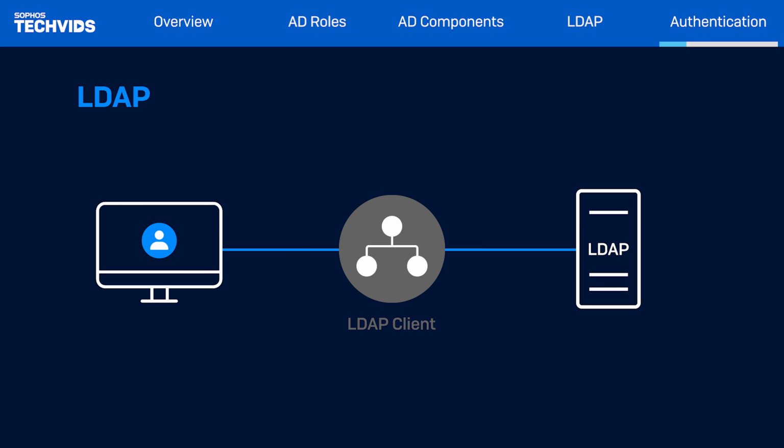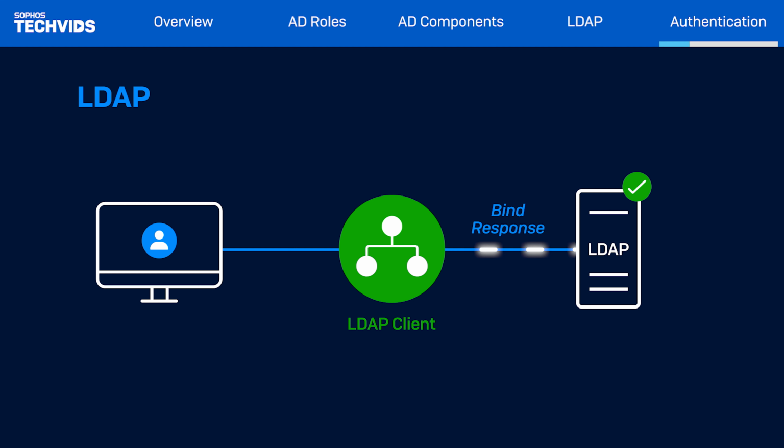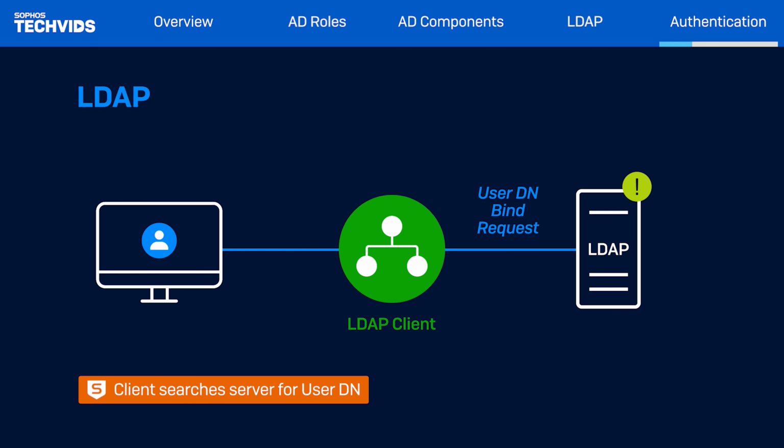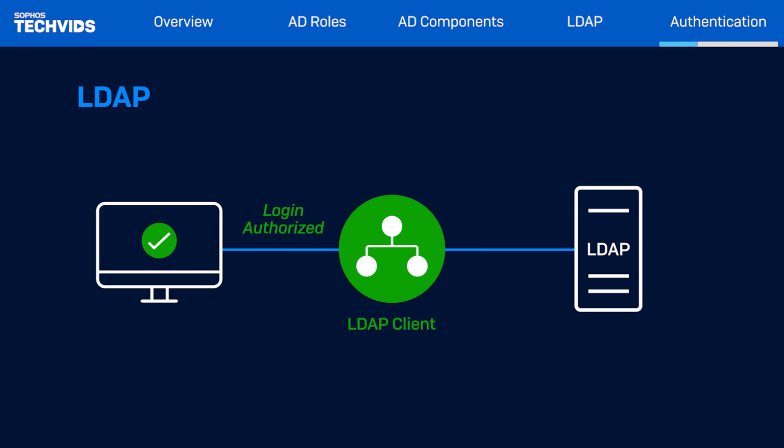In LDAP authentication, the client completes the following. It first uses the LDAP server administrator's distinguished name, or DN, to bind with the LDAP server. After a binding is created, the client establishes a connection to the server and obtains the right to search. Then it constructs search conditions by utilizing the username found in the user's authentication information. The specified root directory of the server is searched, and the user's DN list is generated. Finally, it binds with the LDAP server by using each user DN and password. If a binding is created, the user is considered legal.